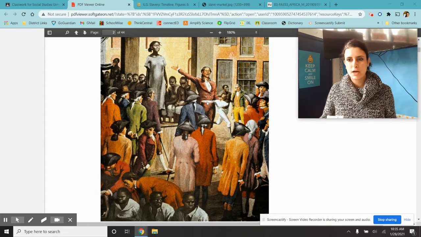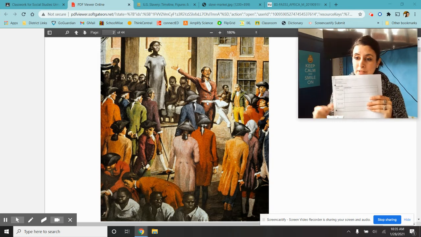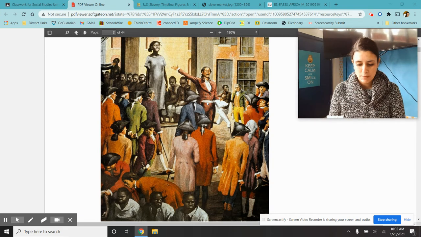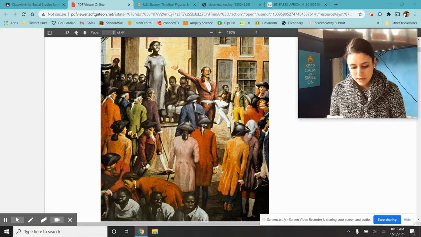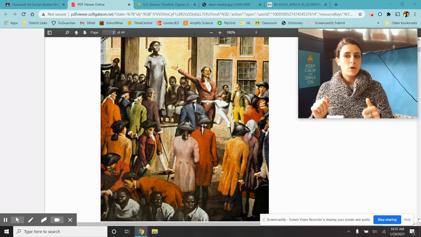All right, I'm going to stop talking. We're going to read. Have your packet out. Remember, you are going to do the vocabulary as we come up with those words, and we're going to go through the art. So I'm going to begin reading Life in West Africa in the 1500s, which was right around